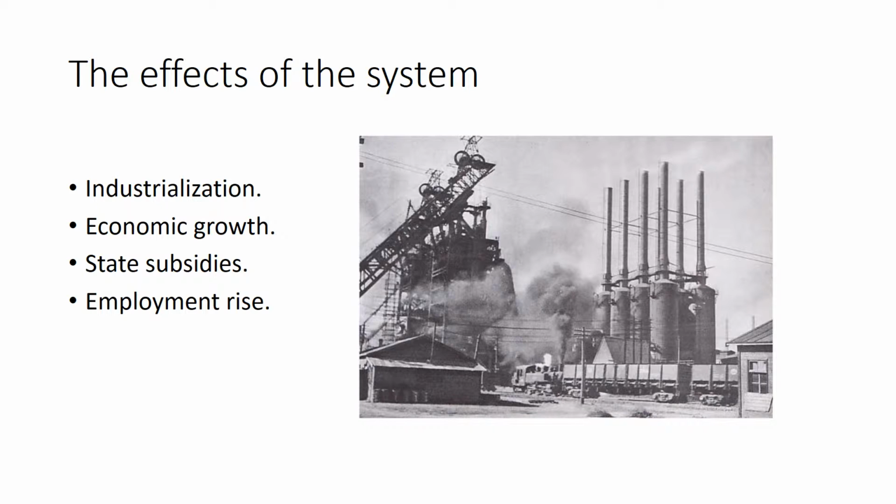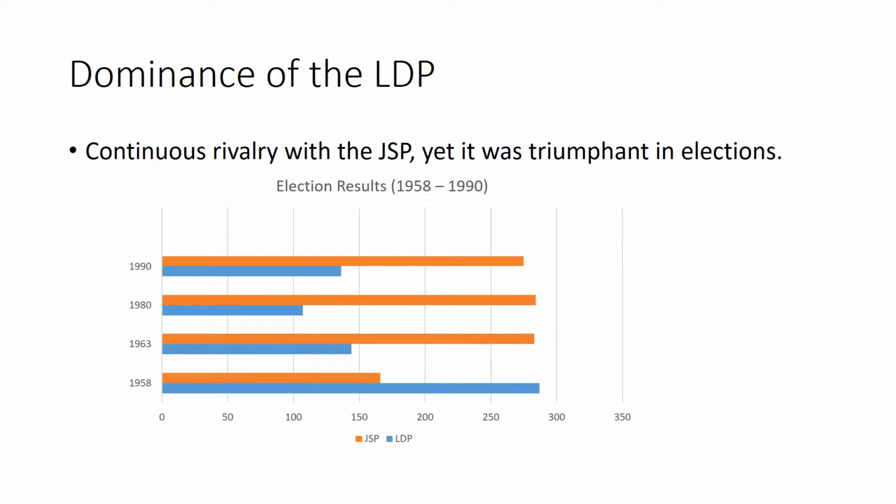Now let us look at key factors that shaped LDP dominance in Japan. But first, here is the graph. Elections and political parties since 1955, as highlighted by Chopper in the evolution of Japan's party system, which shows the consecutive winnings of the LDP government throughout the past 4 decades over its opposition, the JSP. The pattern of continuous dominance is shown in the vast difference in the two government parties' votes.